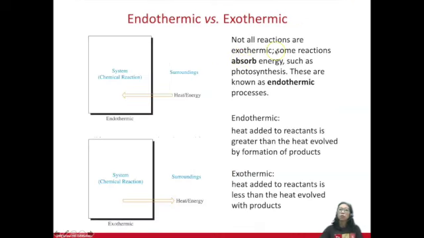So not all chemical reactions are going to produce heat. Some reactions are the opposite. They're endothermic and heat is taken in. And this might be something that is not detected. It could be on a molecular level and a very low level, but typically an exothermic reaction or an exothermic